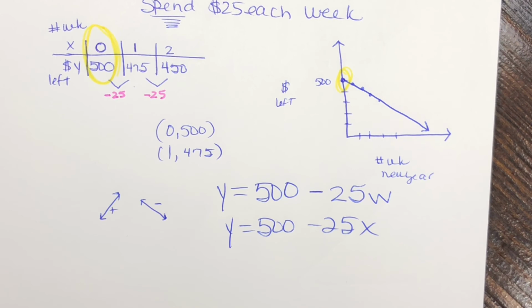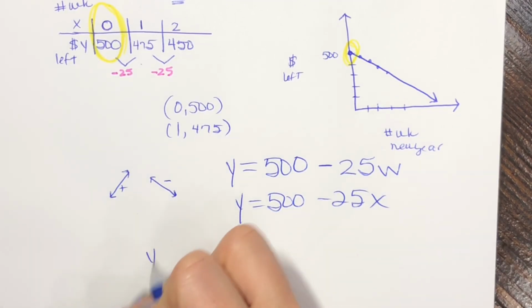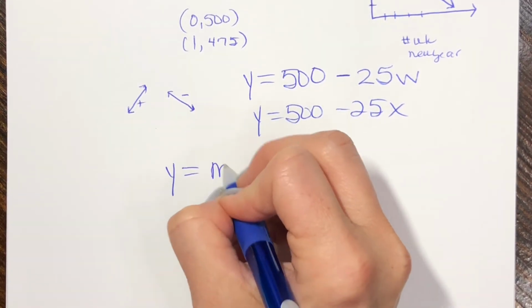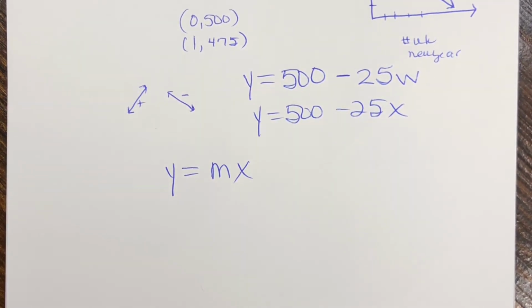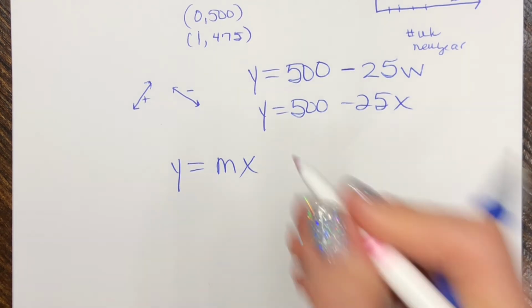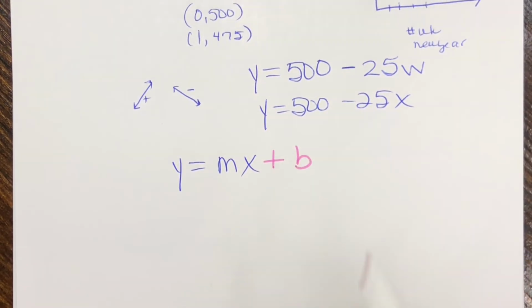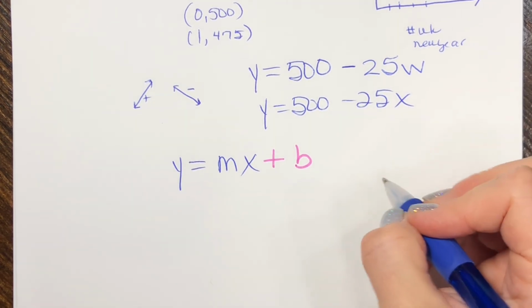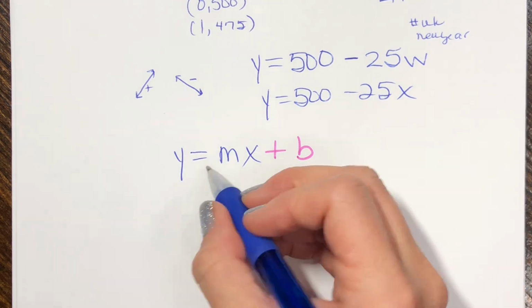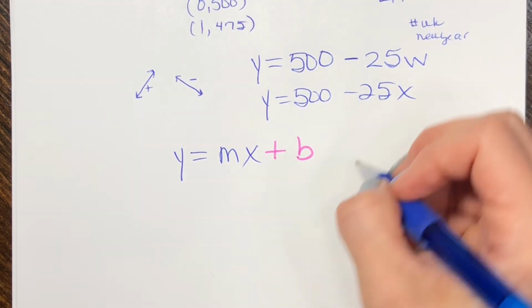And so let's wrap this up here. I wanted to just show you that we are now taking this equation that we have used to call y equals mx, and we're adding something new to it. So we're taking this y equals mx, and we're adding what we're going to call a b to it, okay? And if y equals mx was our proportional relationship,